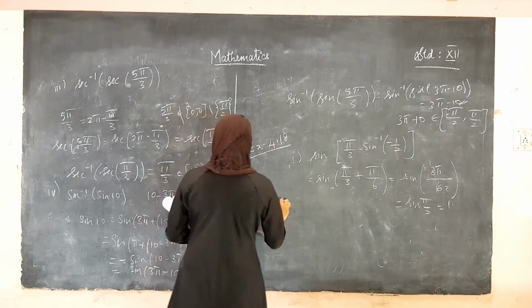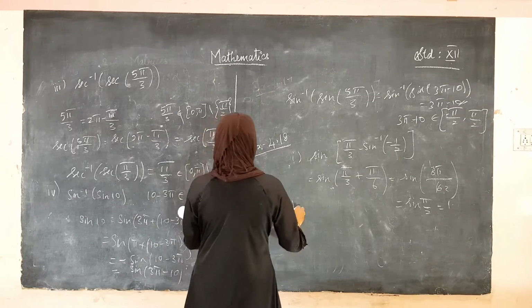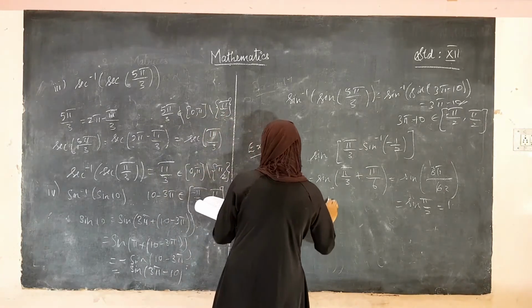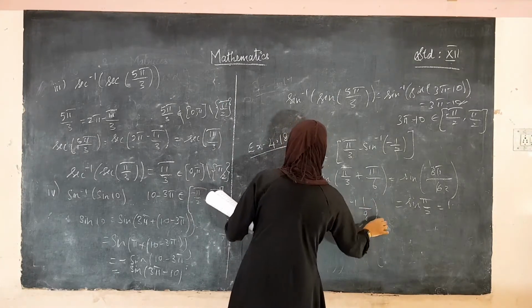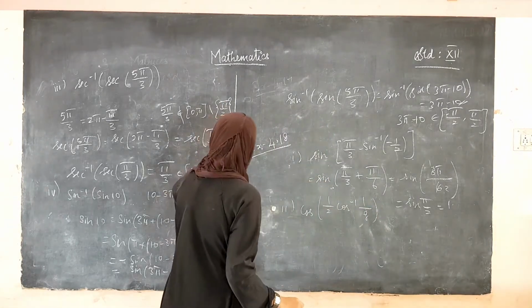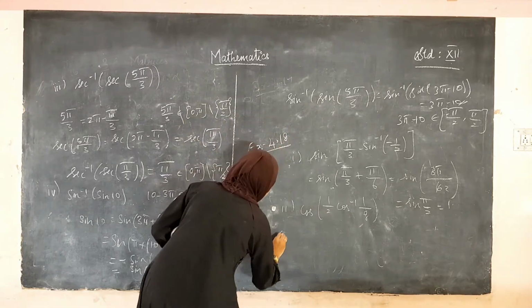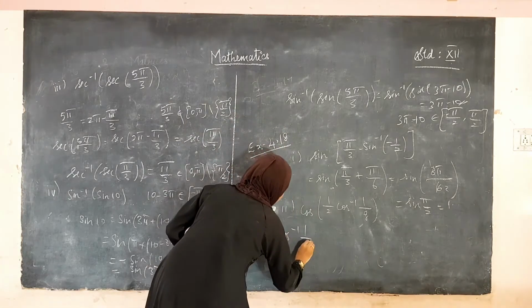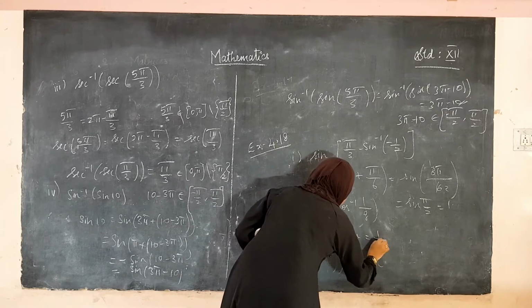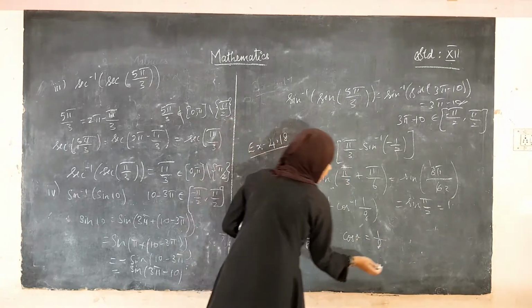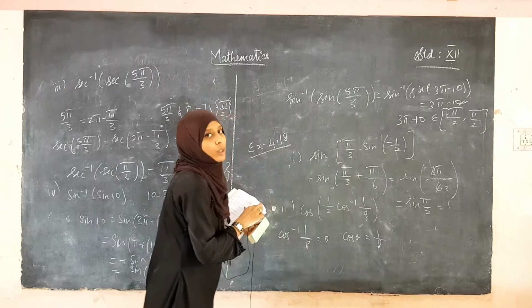Okay. Now, next let us find the value for the second subdivision. Cos of 1 by 2 into cos inverse of 1 by 8. So, okay. See here, we are taking this cos inverse of 1 by 8 as theta. Then what happens? Cos theta will be equal to 1 by 8. So, we have a formula for cos theta.